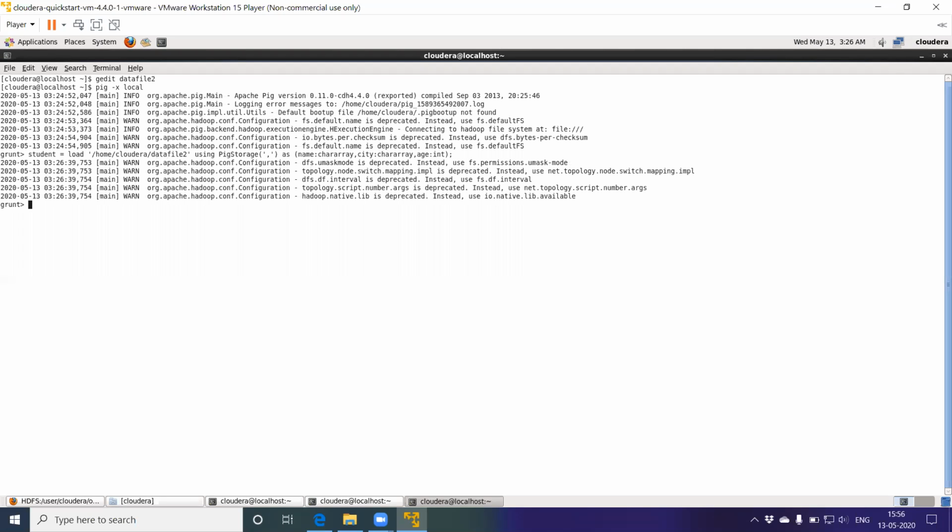This is how you load data, that is using the command load, giving the path, using PigStorage. Note here, this is a function which stores the data as a structured text file. PigStorage, P should be in capital letter and S also should be in capital letter. Within the single quote, you have to mention the delimiter and the keyword as, and within the parenthesis write the schema of the bag.